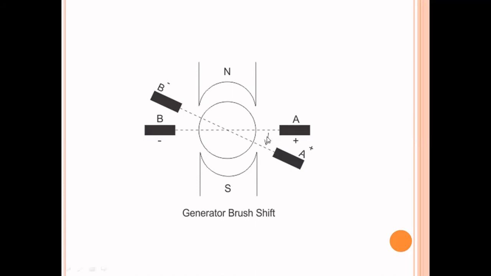Now, if we give a sufficient forward lead to this axis, we get the MNA, the magnetic neutral axis. Magnetic neutral axis means the axis which is perpendicular to the average mean path of the flux. Whenever the armature rotates, the MNA is also shifted, and the brushes are also shifted, which was already discussed.